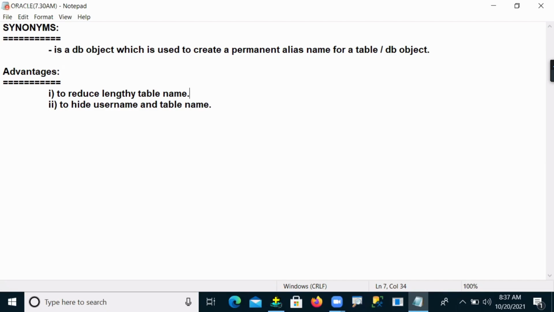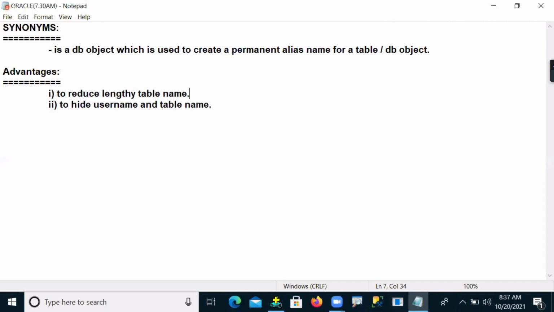One is to reduce lengthy table names. Whenever your table name is very, very big, for example, when you are working in companies, in industry, some table names are very big.